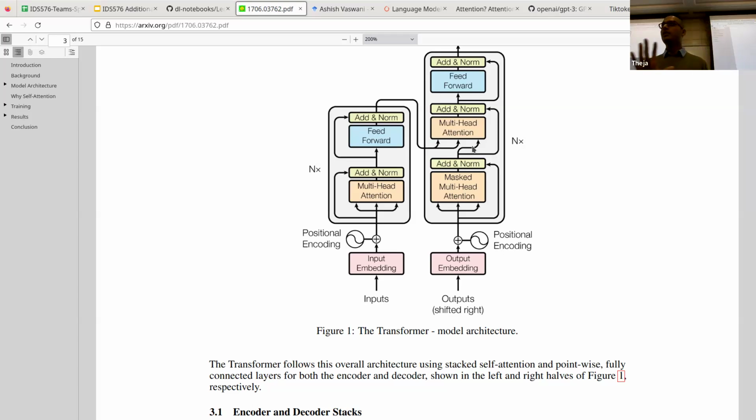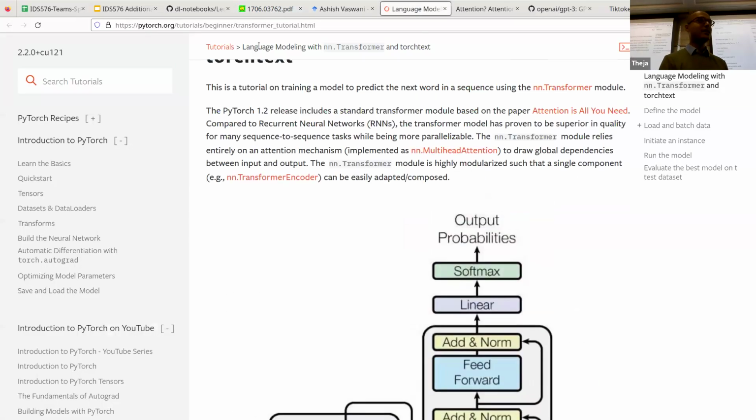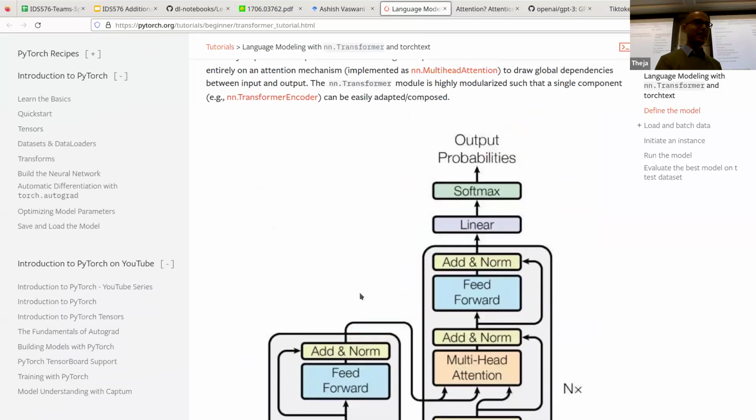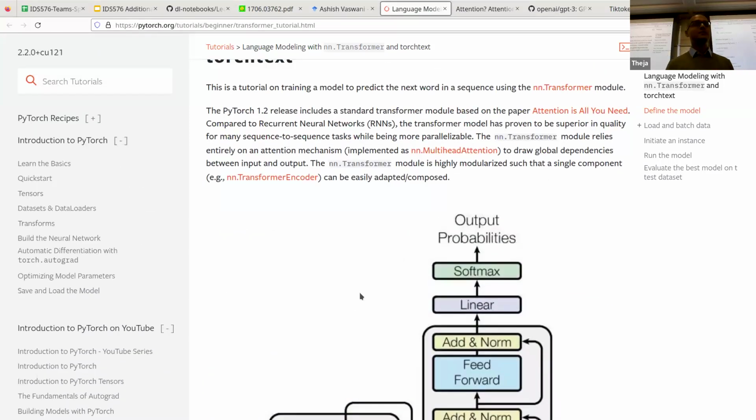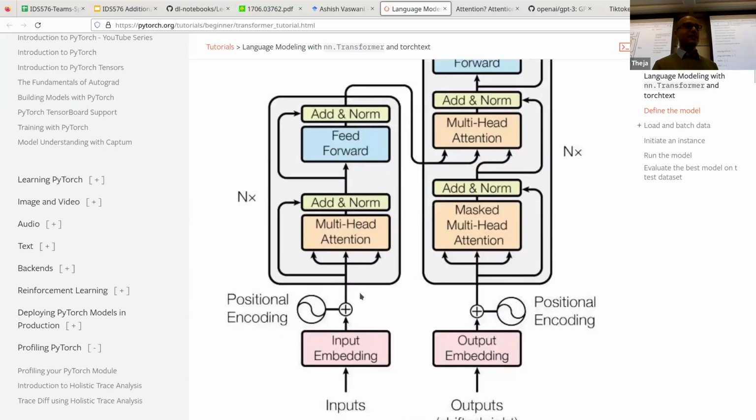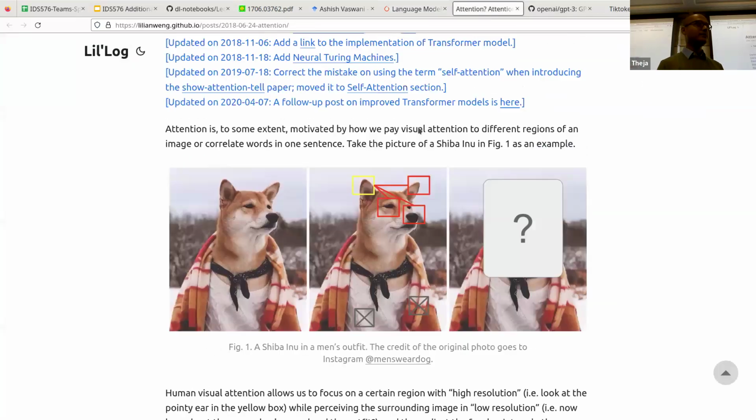So we can go slow. We don't have to cover all the 100+ slides that are there, but this is what we are trying to slowly understand. This figure is also in the link on the PyTorch tutorial site. It's exactly the same figure; they reproduce it, I'm sure with attribution. I don't think this figure is in our slides, but it is from the paper describing the original attention architecture.